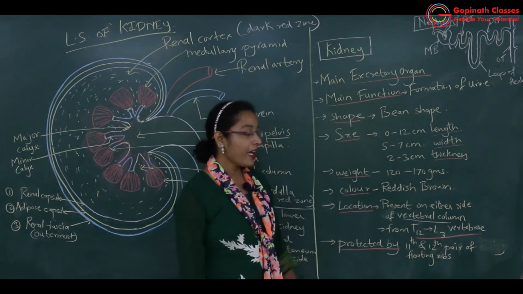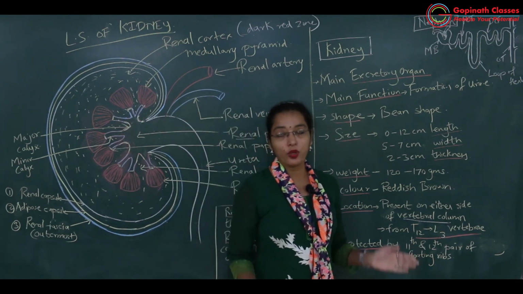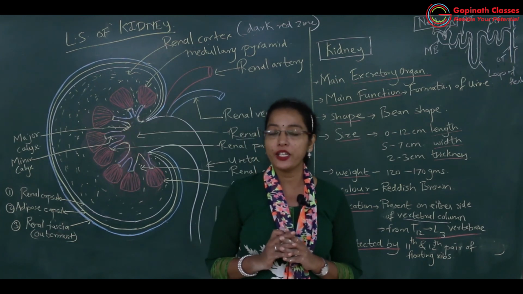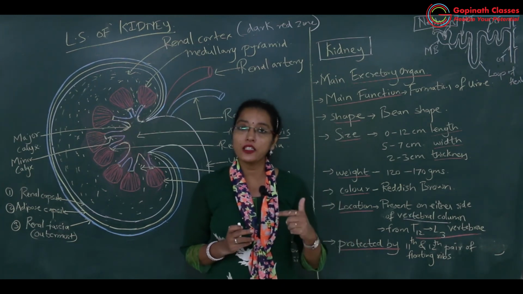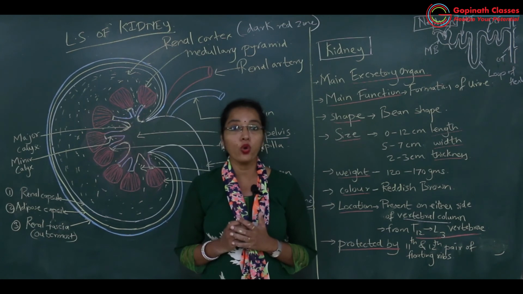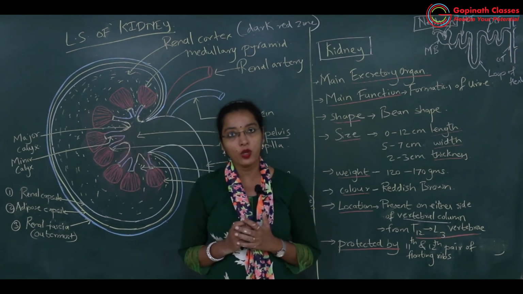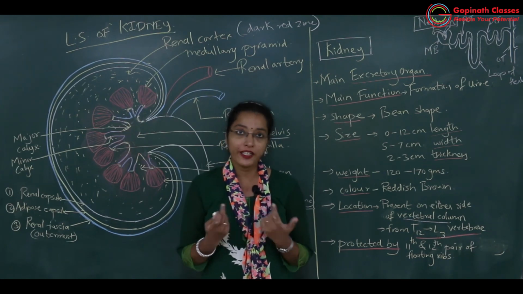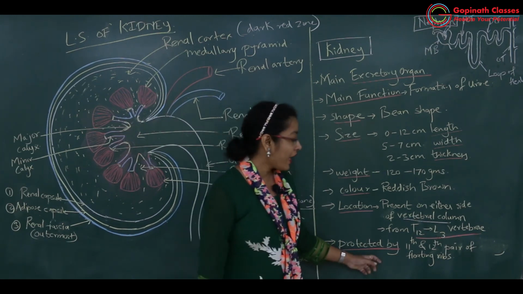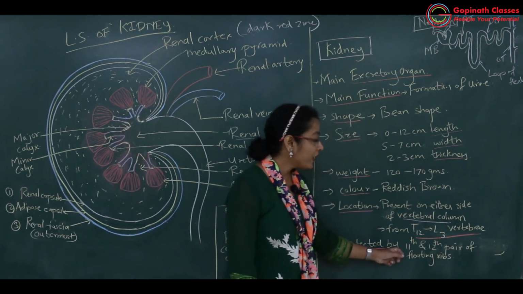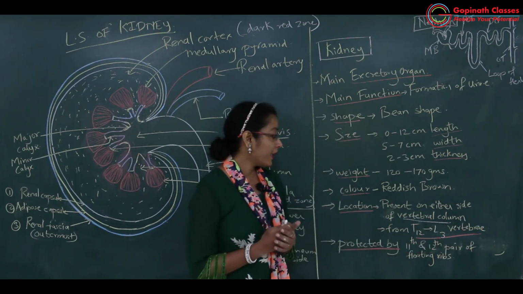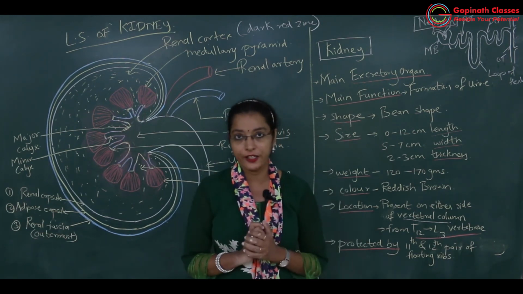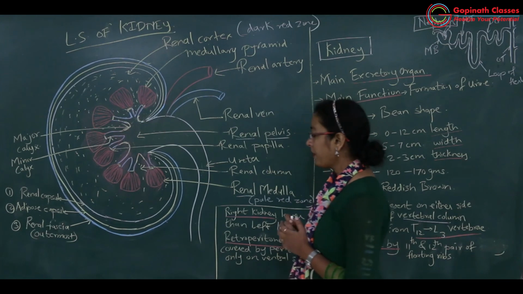So kidney is protected by floating ribs. And which are the floating ribs? 11th and 12th pair of ribs are floating ribs. Why are they called floating ribs? Because they are not attached to the sternum on ventral side. So that's why they are known as floating ribs. So 11th and 12th pair of floating ribs will protect the kidney from dorsal side. Okay. Then coming to the